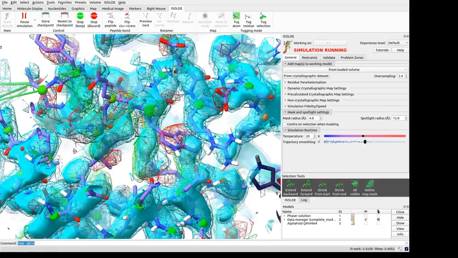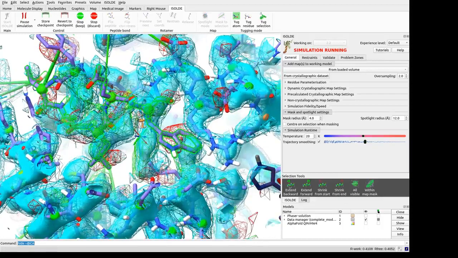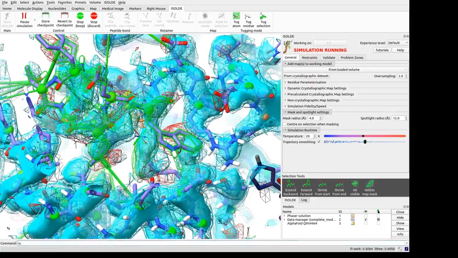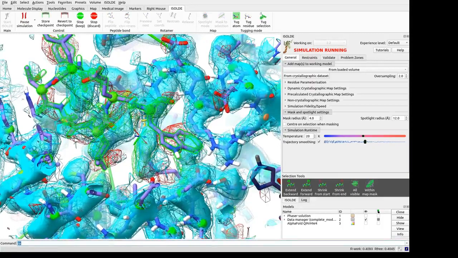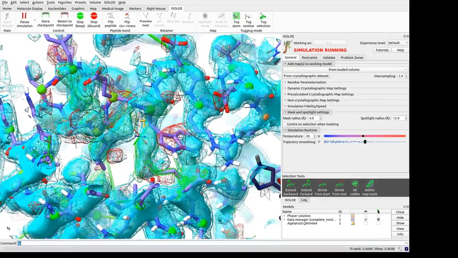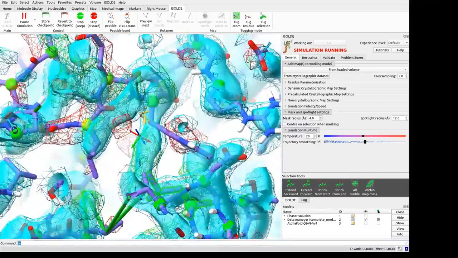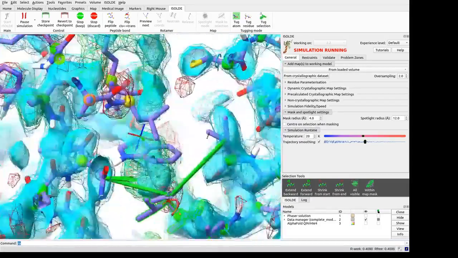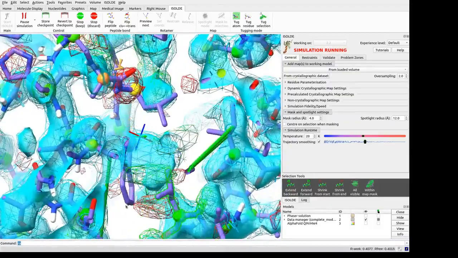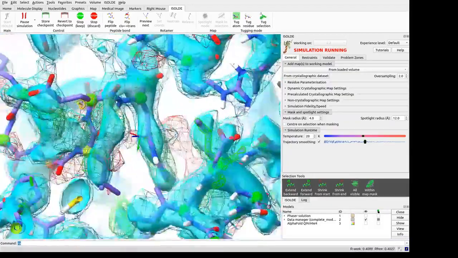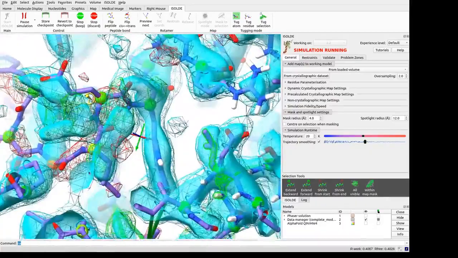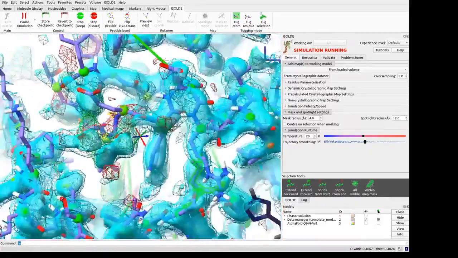Like with the addition of the restraints, in the version of ISOLDE used for this demo, releasing restraints was only available via commands. Here I'm using the 2-character convenience aliases activated by first using the ISOLDE shorthand command. In the release version of ISOLDE 1.4, these actions are available via buttons on the Restraints tab of the ISOLDE GUI. While watching the rebuilding here,